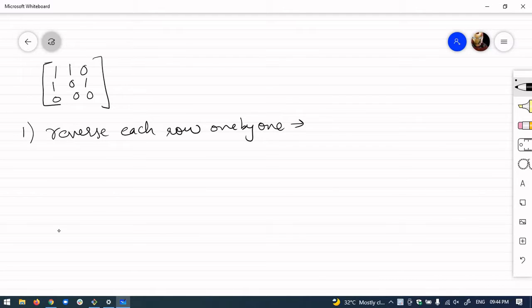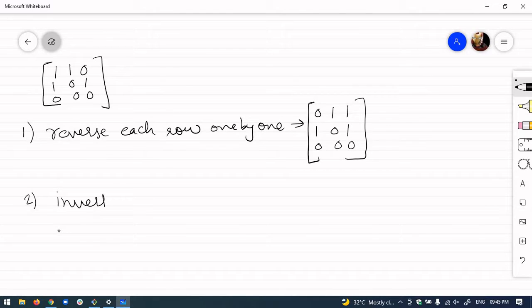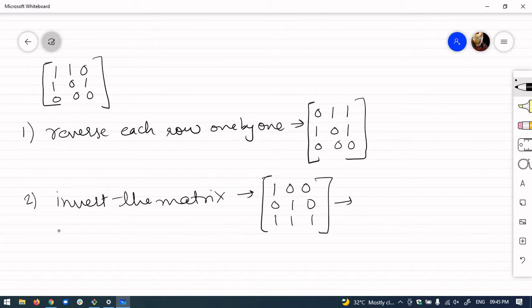If we do that, our matrix becomes 0 1 1, 1 0 1, and 0 0 0. The second thing is to invert the matrix. So we'll change the bits from 1 to 0 and 0 to 1. So this is the final result.